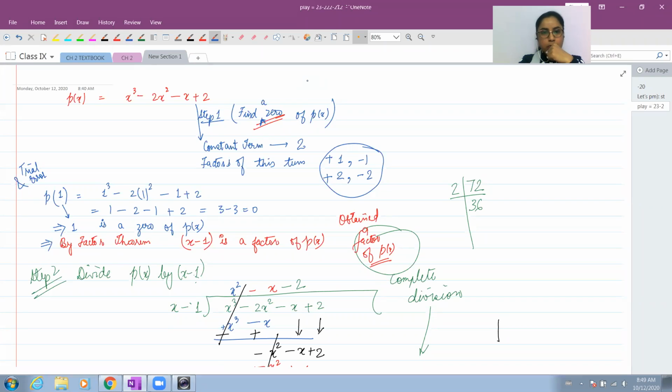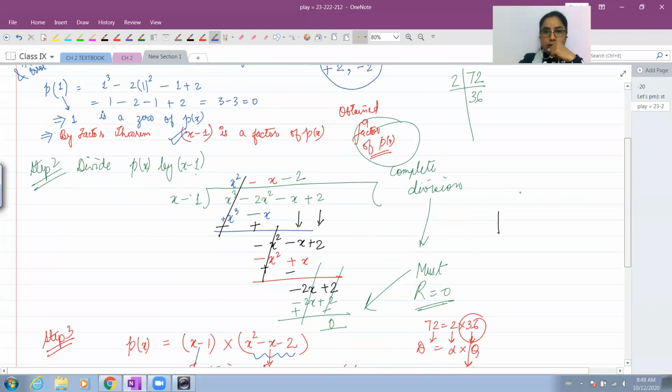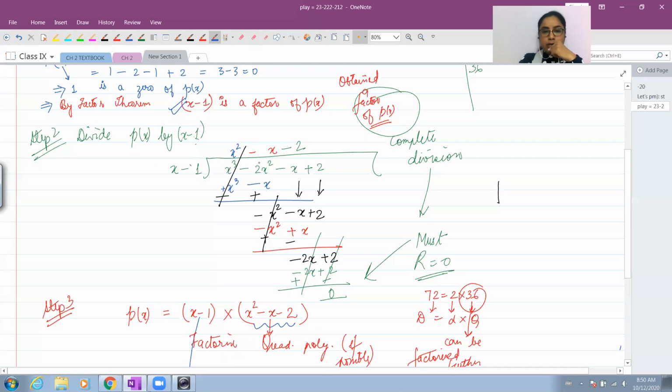Start with your constant term. उस constant term के factors लिखो, उन factors की list में से कोई ऐसी value ढूंढ लो जिसको अगर आप अपने polynomial में put करते हो तो उससे आंसर जीरो बन जाए। And here मेरी पहली value से ही आंसर जीरो बन गया। पहली वैल्यू से आंसर जब जीरो बना, that means 1 is actually a zero of px। उस 1 से मैंने फैक्टर क्रिएट कर लिया x minus 1। जब आपको एक फैक्टर मिल जाएगा आपने अपने पॉलिनॉमियल को उस फैक्टर से डिवाइड कर देना है using that long division we discussed earlier। आपकी जब डिवीजन कंप्लीट हो जाएगी the remainder must